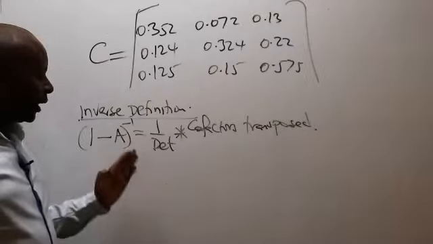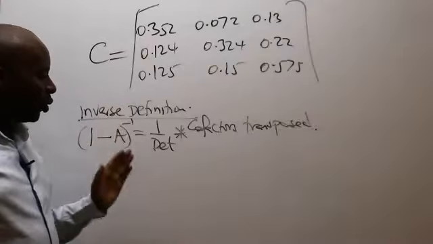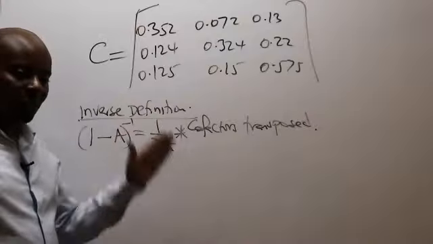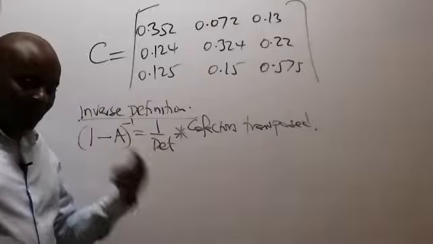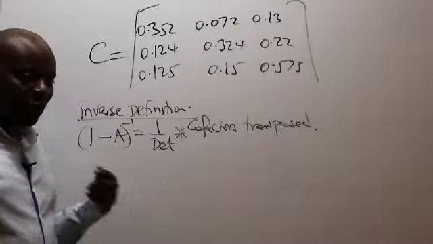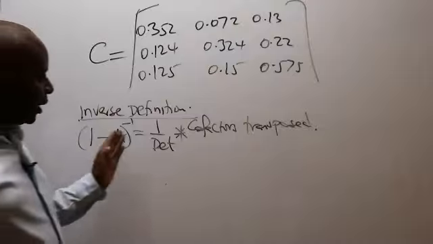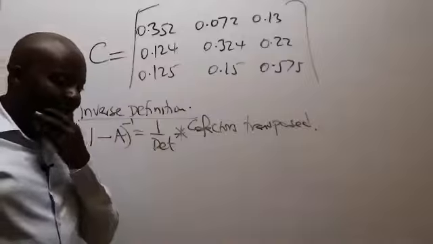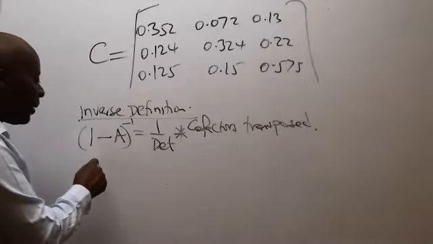So I minus A inverse equals 1 over the determinant times cofactors, done something special, times cofactors transposed. So I minus A inverse will be equal to 1 over the determinant times the cofactors done what here? Transposed. So, ladies and gentlemen, if that is the case, then my I minus A